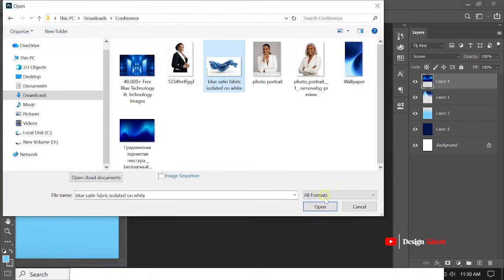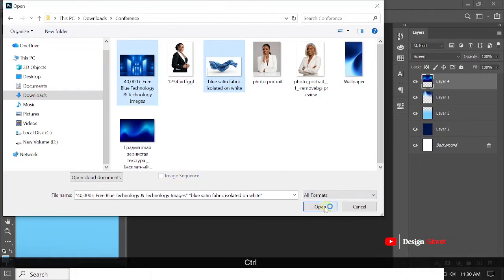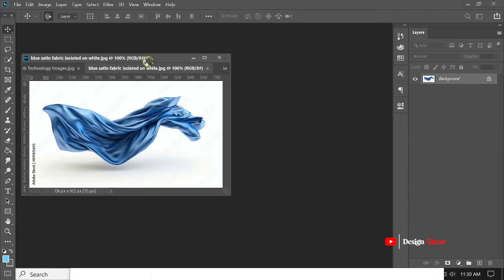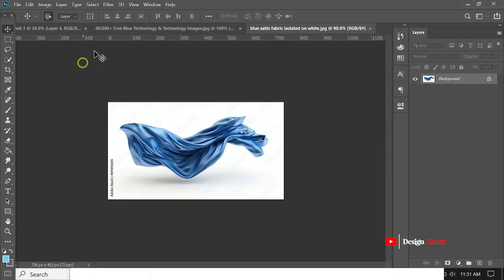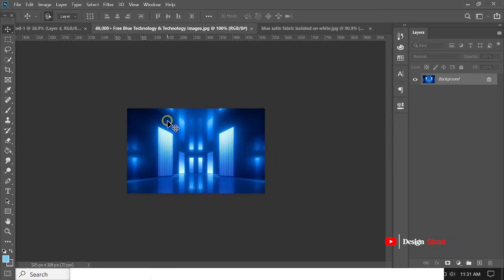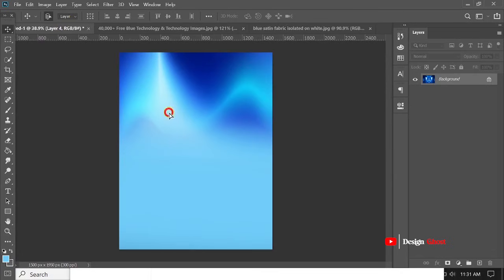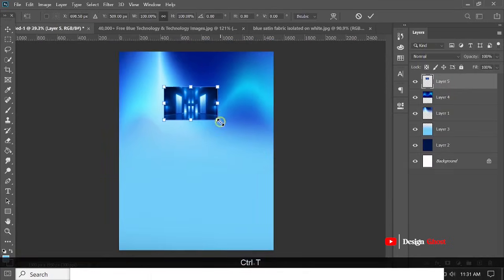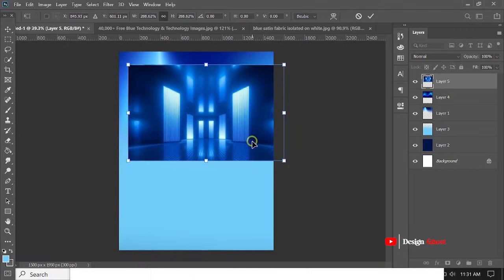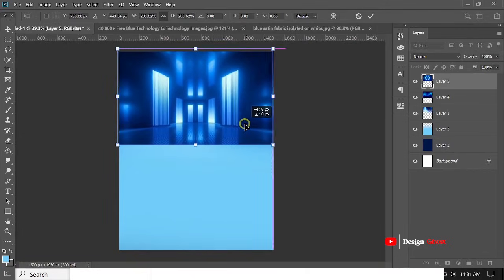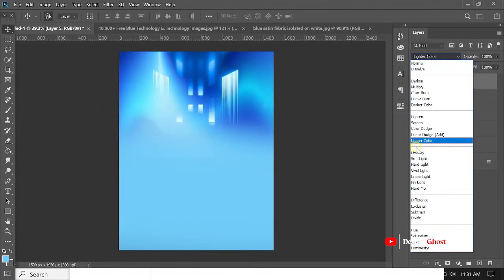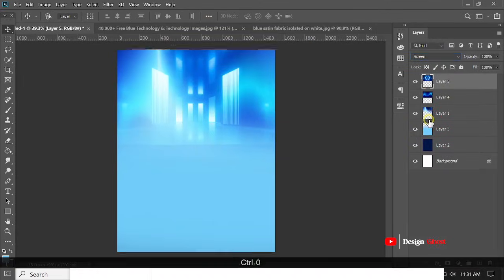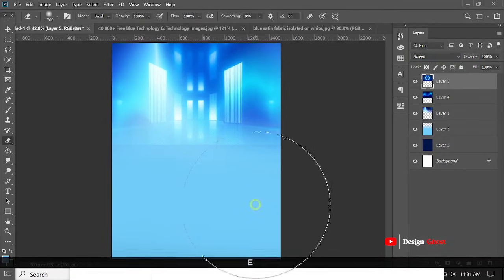So we bring in this and that, the silk blue fabric. So we bring it inside. Then we take this background too, bring it into the scene. And let's change the layer mode, see what we got. Screen, eraser tool,